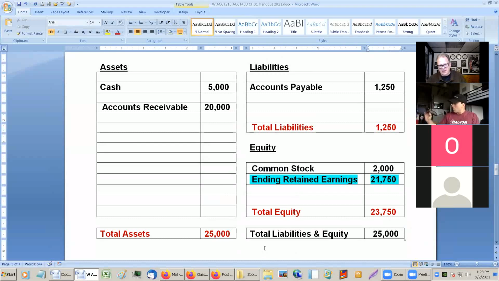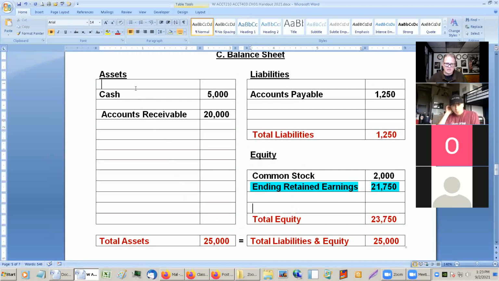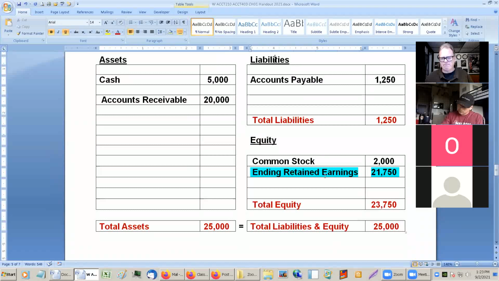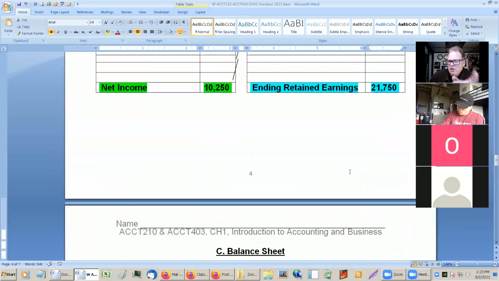And again, this just explains how we got these assets. We got 25,000 worth of stuff. How'd you get it? We borrowed 1,250, and the owners kicked in 23,750, and that's how we got it. That's why these two are equal. How'd you get this stuff? This side, liabilities and equity, just tells how you got it. Question on that? And yeah, the tricky part here, here's something I want to talk about. Notice